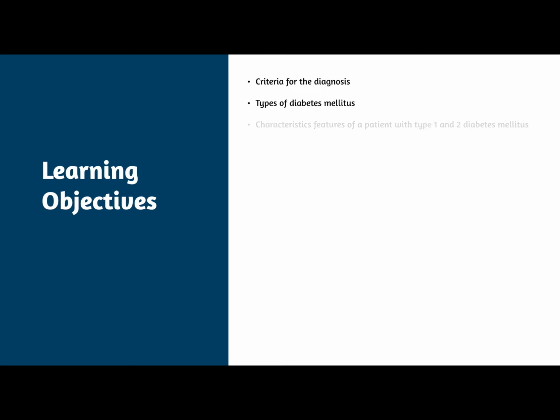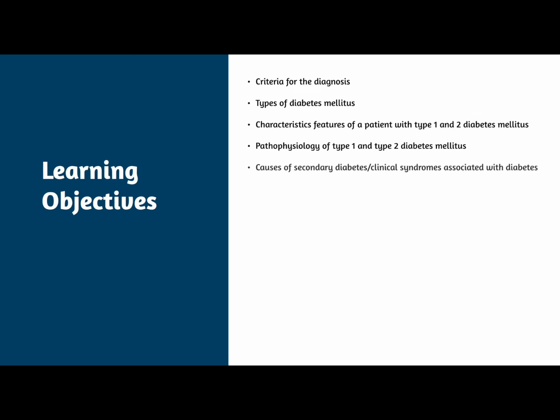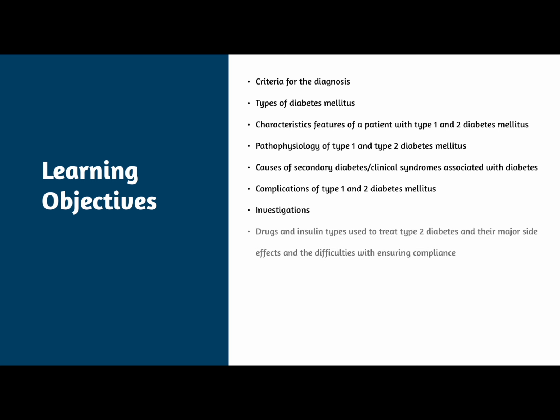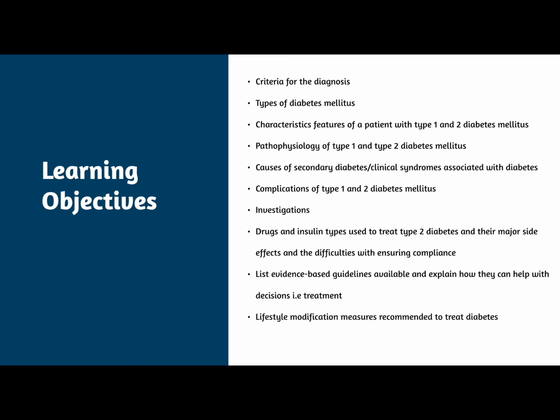By the end of this lesson, you should be able to learn the criteria for the diagnosis of diabetes mellitus, outline the different types of diabetes mellitus, discuss the characteristic features of a patient with type 1 and type 2 diabetes mellitus, explain the pathophysiology of type 1 and type 2 diabetes mellitus, discuss the causes of secondary diabetes and other clinical syndromes associated with diabetes, describe the complications of type 1 and type 2 diabetes mellitus, outline the investigations required to diagnose this condition,